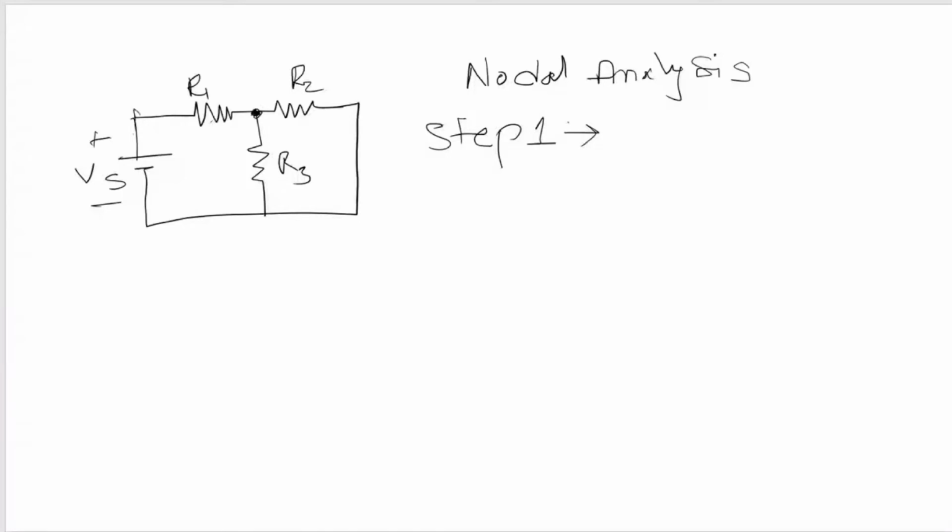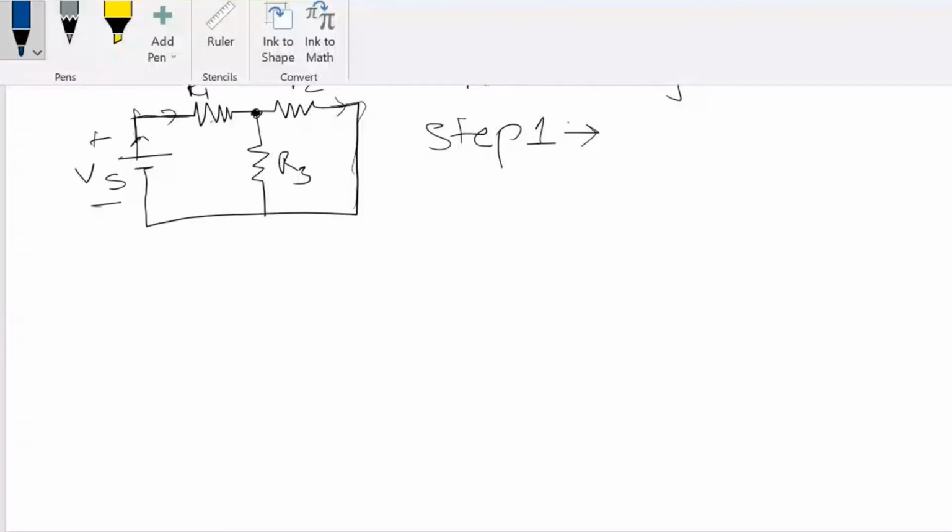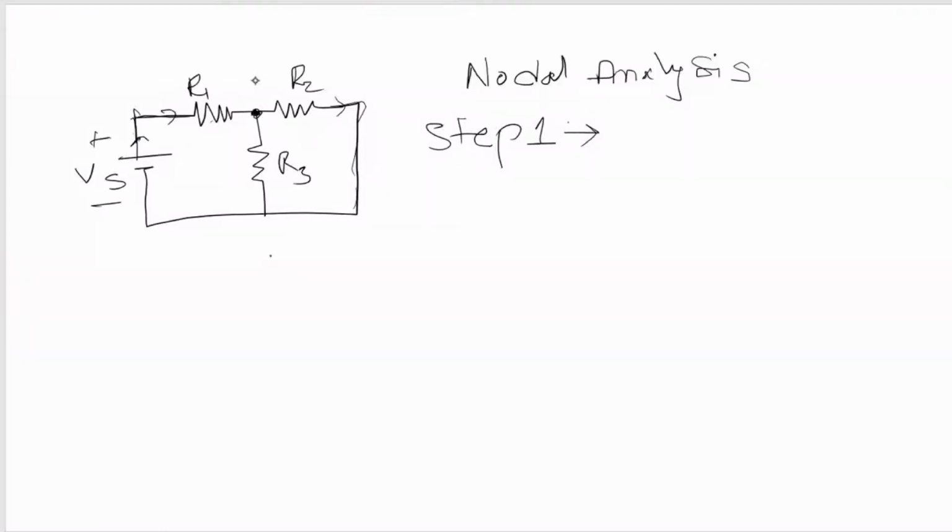because the current is flowing like this, and there is a continuous path for the current, so we can't call it a node. Here also the current is coming out of the resistance R2 and flowing on, so we can't call these nodes. Only this one is a node, because here three elements are connected: 1, 2 and 3. So the first step is to identify the number of nodes. There are 2 nodes in this circuit.